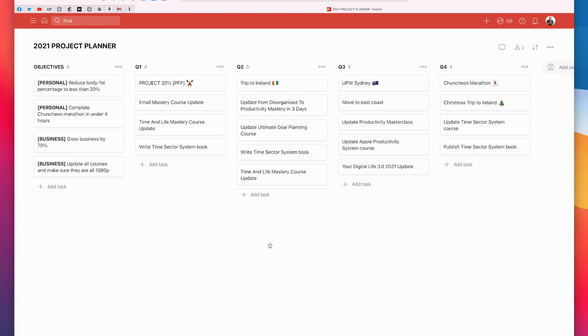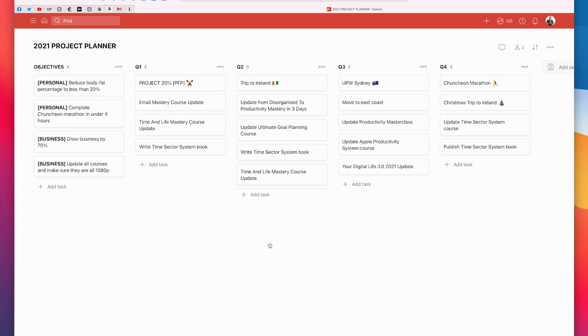Now, one of the things that I should point out is I've always actually used a board for project planning, but in the past, before we got boards in Todoist, I actually kept that in Asana. Now, one of the problems was that was just another app to go and review when I did my weekly review. And as probably you all know, doing a weekly review in theory sounds like a fantastic time. You give yourself an hour or whatever to go through all your projects and your tasks and your calendar and to make sure everything's looking great.